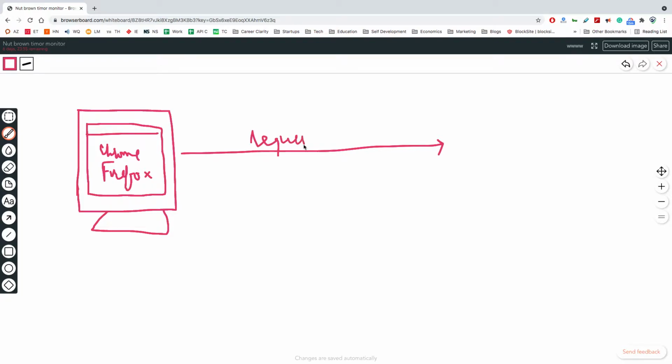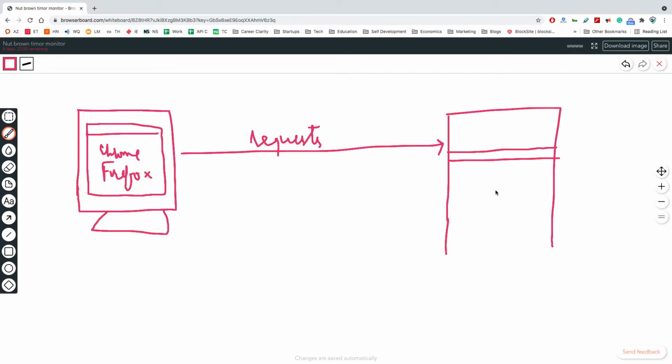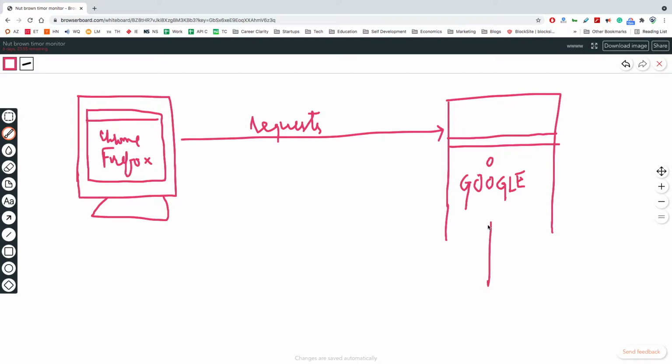And it goes through multiple hops. There is a router, and then there is an ISP, then multiple routers, but that request reaches whatever service you are trying to render services from. Say it's Google or Facebook or whatever. So say this request reaches the Google server. Now the web application is running on the Google server. So google.com is a web application. Now we'll see different parts of that web application.